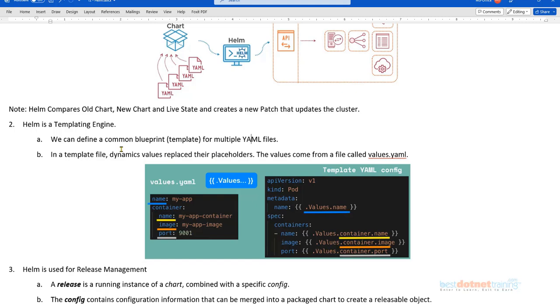So we have something like a template YAML file, and we also have something called values YAML file. So values will specify what will go into the template. Okay, for example, if you look at the figure on the screen, on the right hand side it is written as template YAML file, isn't it? Now if you notice, this will be very similar to a Kubernetes YAML file which is familiar to most of you. In case you are regularly attending and practicing, it will be very similar to a Kubernetes YAML file.